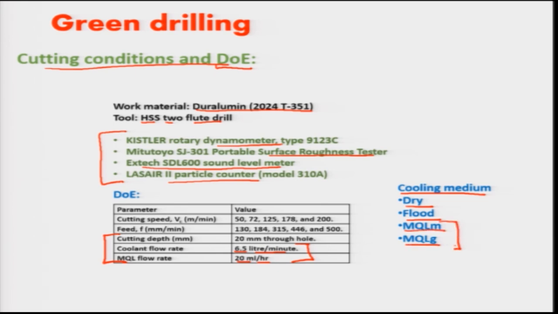MQL is minimum quantity lubrication. As I said, this is a technique that employs a spray of small oil droplets in a compressed air jet. This lubricant is dispersed directly into the cutting zone as a substitute for the immense flows of cutting flood coolant. So since the air jet transports the oil droplet directly into the cutting area, it ensures efficient lubrication as well. And a special setup and arrangement are demanded when the MQL method is to be used, that we have made in this. So certain researchers have demonstrated MQL as one of the promising techniques for green manufacturing.